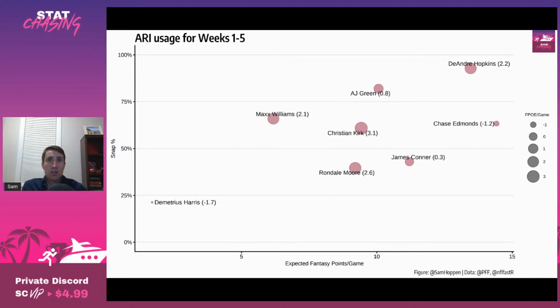What I'm not sure is sustainable with Rondale Moore, I almost said DJ Moore, is that he has an absurd 3.86 RACR because he only has a 6% air yard share. He's very much playing a Deebo Samuel type role from years past, where he gets a lot of short area targets. He's expected to make moves after the catch, which he can certainly do, but I think the hope is that he starts getting more targets downfield, because he had an amazing sideline grab on Sunday, one of the best catches in the last several years for sure.